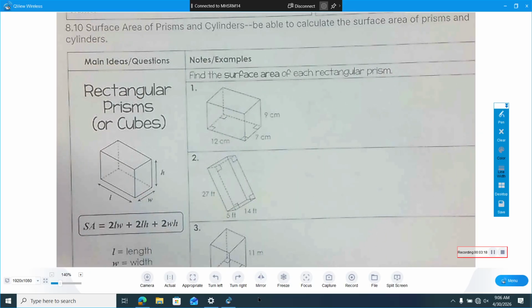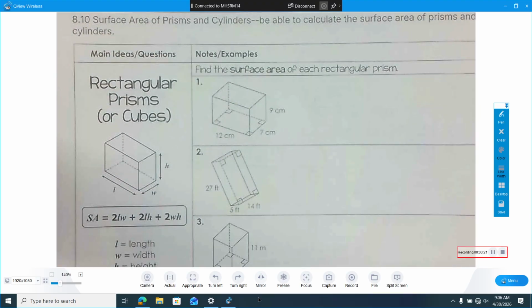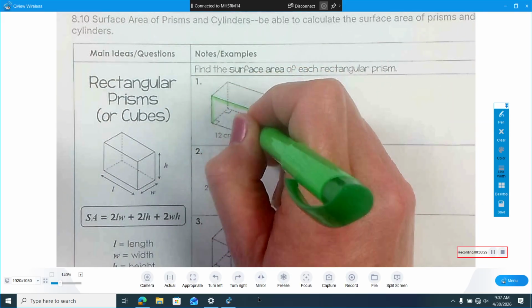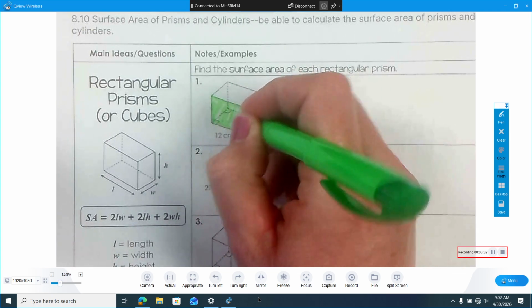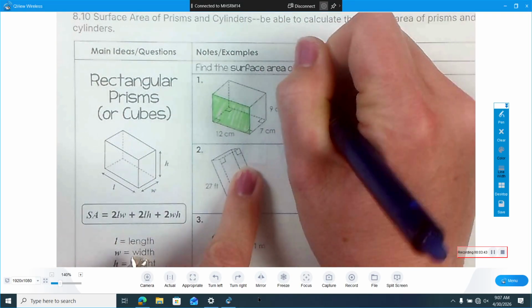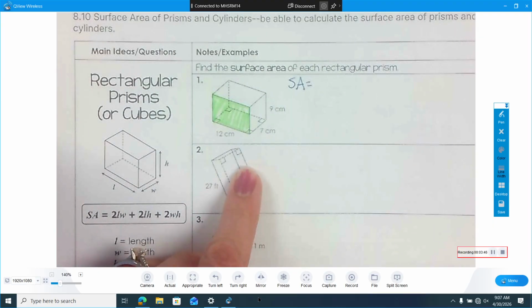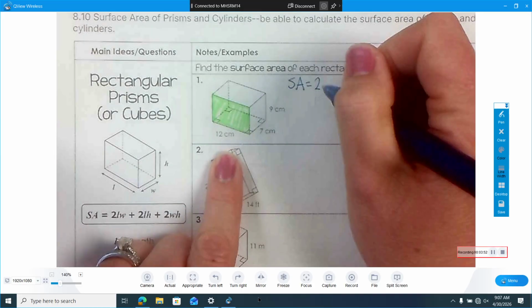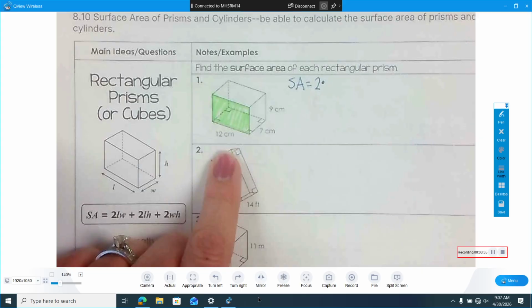In any of these rectangular prisms, there's 3 different sides. And I'm going to go ahead and just use my highlighters. I'm going to highlight this front. Maybe you want to use color pencils or if you've got highlighters. I have this front face right here. How many of those are there? 2 of them. So to find the surface area, I'm going to use SA for surface area. I have 2 of the green things. So I'm just going to times them by 2,